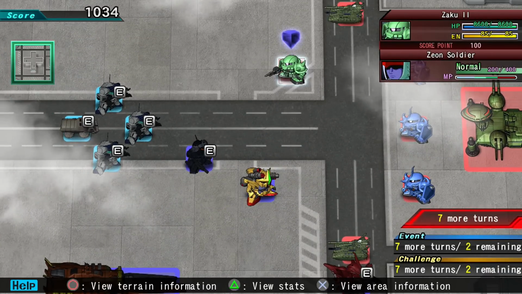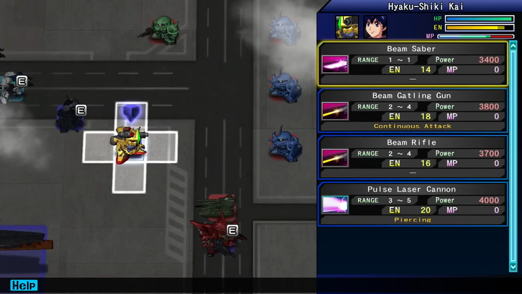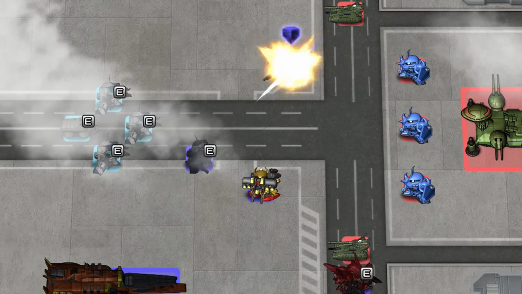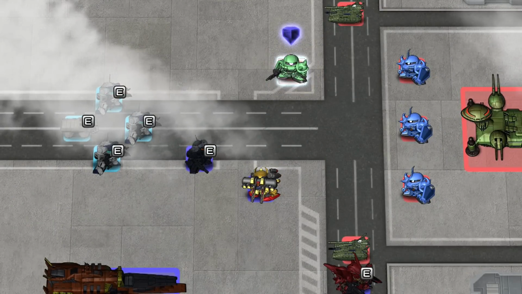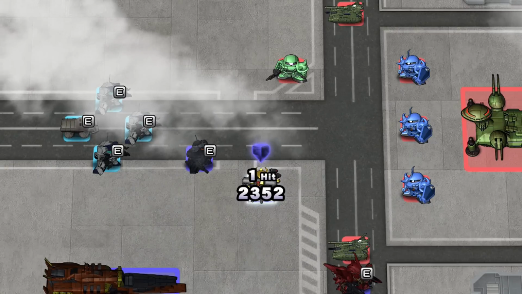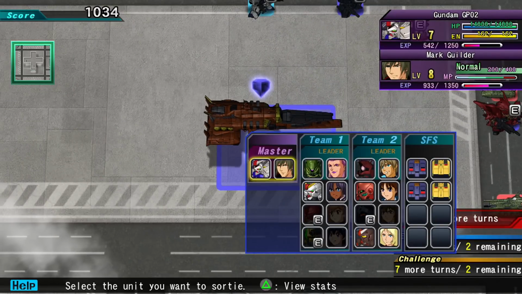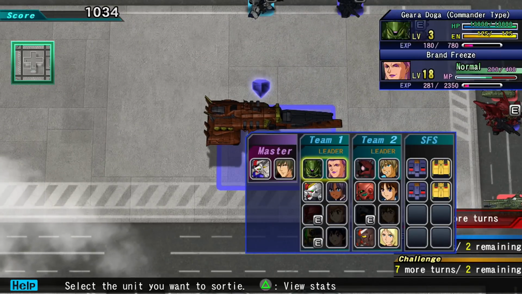Let's see. Guess I'll shoot at something. Probably the Zaku here. Not quite enough for a kill. That's okay. Somebody else can get it. Man, my people are not doing well with dodge right now. Dodge is kind of important, so...